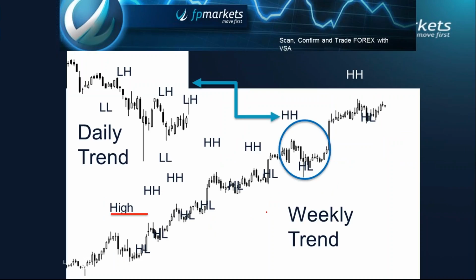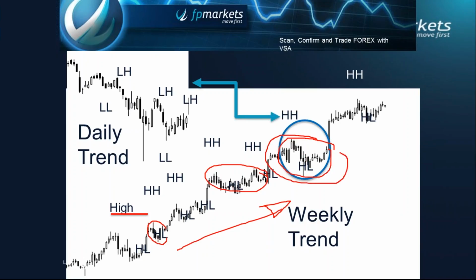Within trends, sorry, my little text just got over the writing there, but within these trends, as I was saying, you have these secondary market areas. There's one here, there's another one here, and all these little areas here, secondary markets, are the congestion areas where prices consolidate, what have you. When you break this down into different time frames, we're looking at the weekly trend here. When you look inside this first area here that I've circled, and look at it in a daily trend, you get what would be considered a daily downtrend,